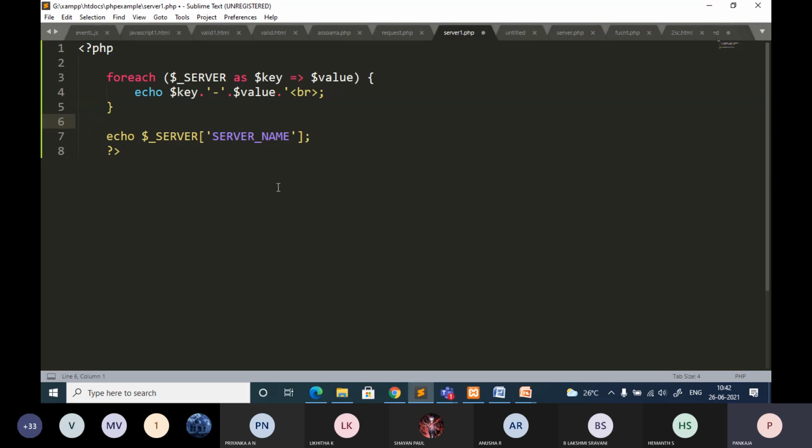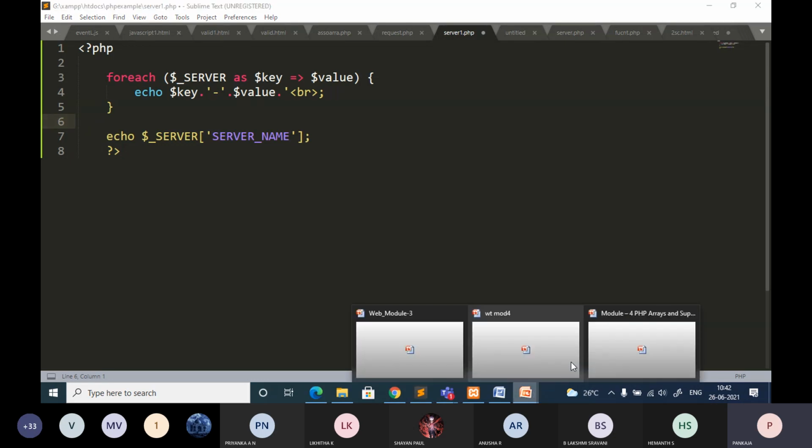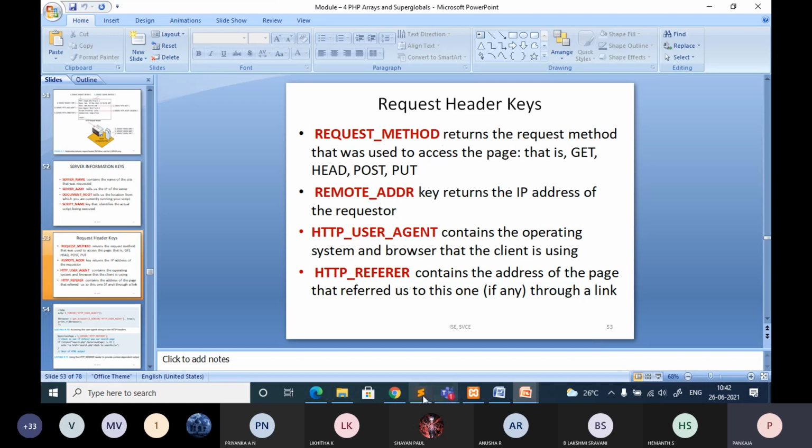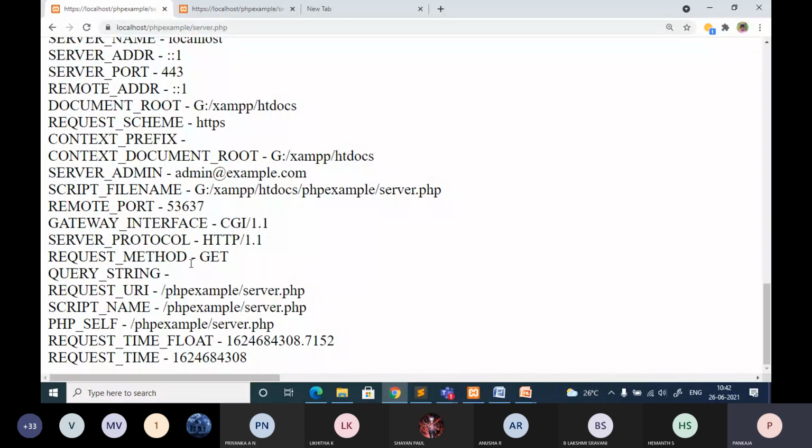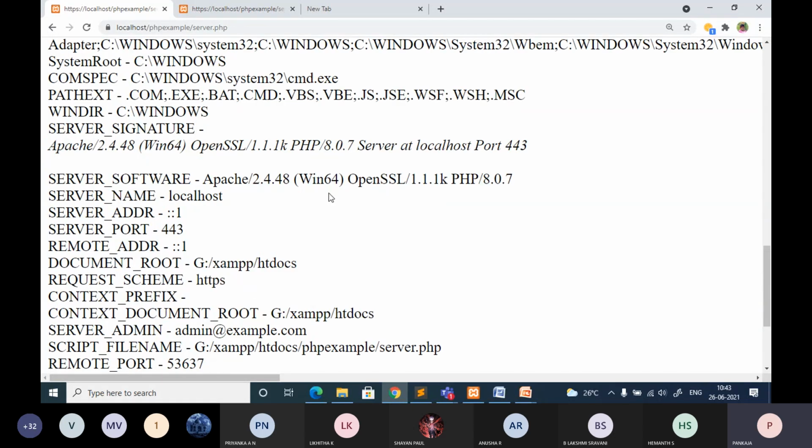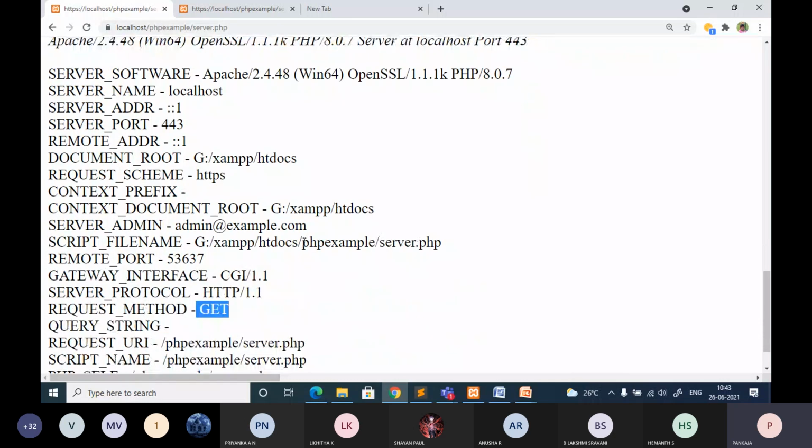In that case, you will get these details, like what request method is used. Here, as of now, I have not used any request, so by default it is going to take GET. If you are very specific in writing the program and submit data with POST, then correspondingly you will get the request method as POST.